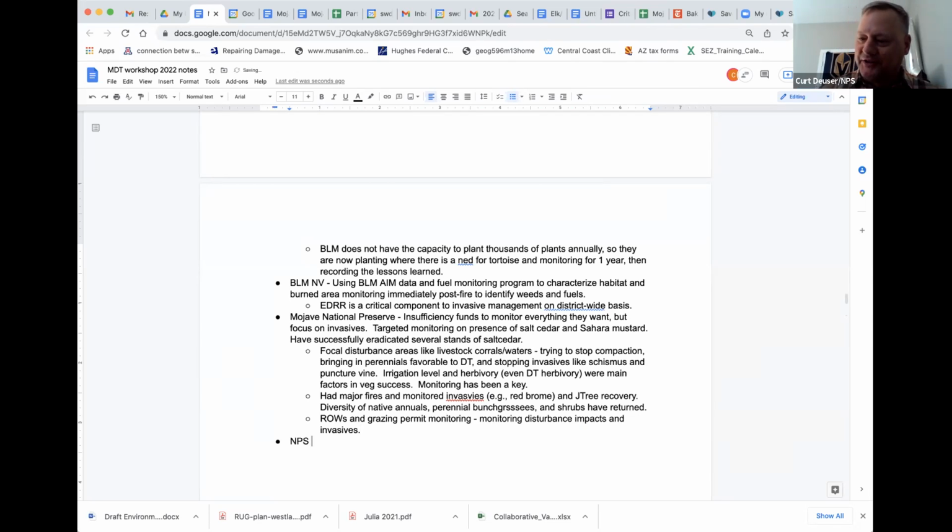We can move on maybe to the next question, but the Park Service in general has a large national program of inventory and monitoring, and there's a network of that throughout the country that represents multiple parks. It's more of a long-term monitoring program for long-term decision making. It's not really applied to the short-term decision making that I think we're really addressing with adaptive management